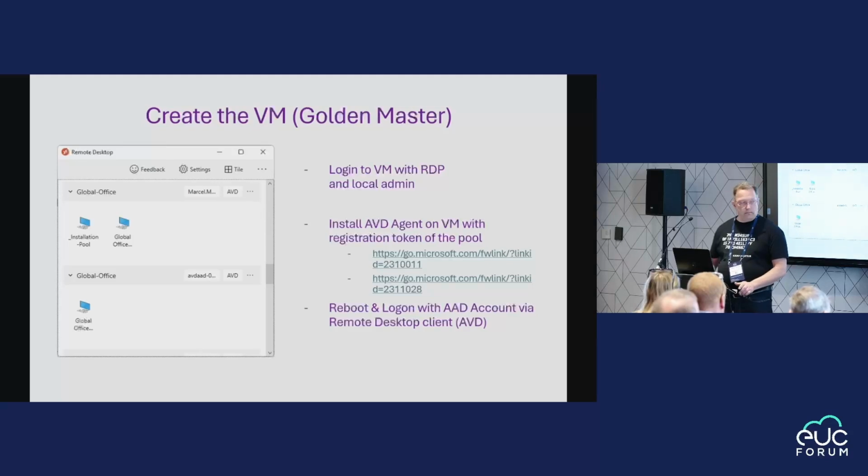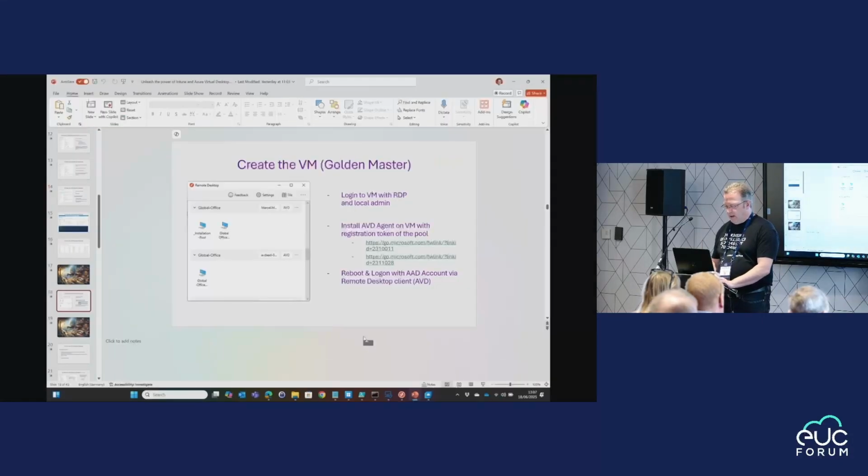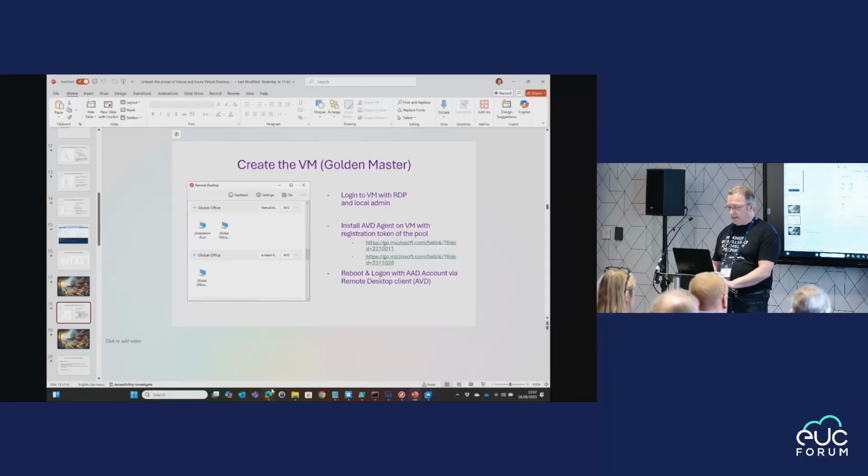So the next step is I installed only the extension. What also is needed to make a session out of this virtual machine is to install the AAD agent and the AAD agent bootloader. Usually you can also do that completely directly, I will show it later, but to bring it also to my installation host pool,